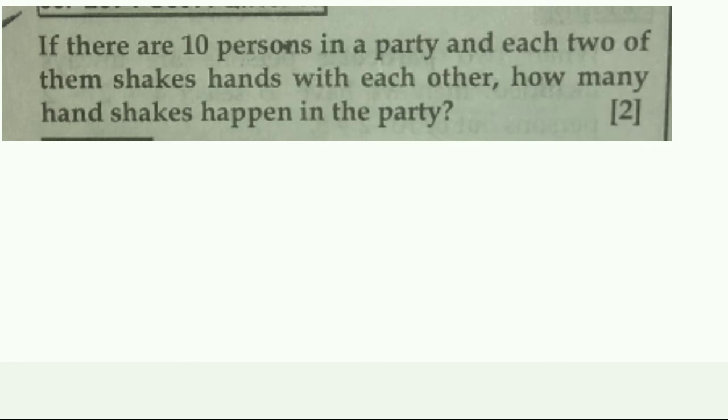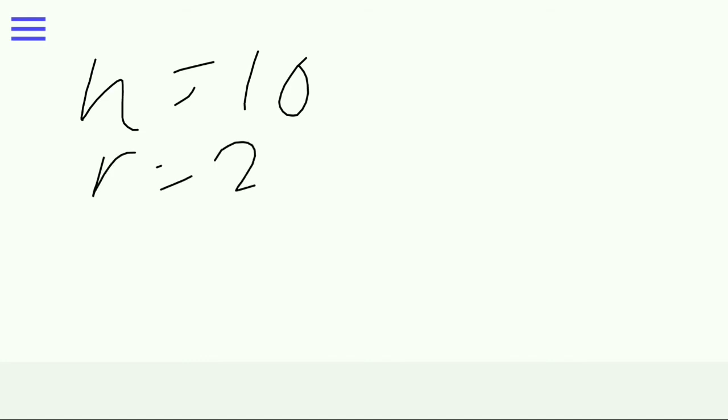So in this screen you can see a question saying, if there are 10 persons in a party and each of them shakes hand with each other, how many handshakes happen in the party? Since here there are altogether 10 persons, we have n equals 10, and each 2 of them shake hands with each other, so here r will be 2. So the total number of handshakes will be